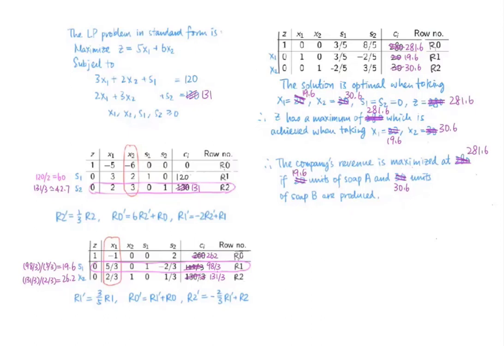Then, at this stage, the solution has reached the optimal, and this is the final tableau of the original linear programming problem because there are no longer negative coefficients for those variables in row 0. Therefore, this solution is optimal when we take x1 equals to 19.6, x2 equals to 30.6, s1, s2 equal to 0, and the corresponding value for Z is 281.6. It means that Z has a maximum of 281.6, which is achieved when taking these two values for x1